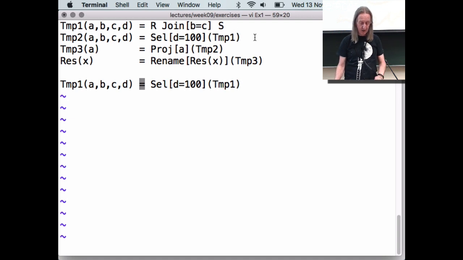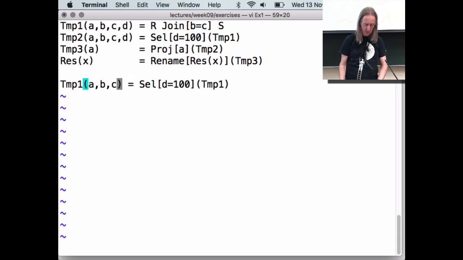No, we don't. We don't need D. So in theory, we could do a projection at this point. So we end up with smaller tuples because we don't need D once we've used it to filter the original set of tuples. All right. So then we could do a join and produce A, B, C,